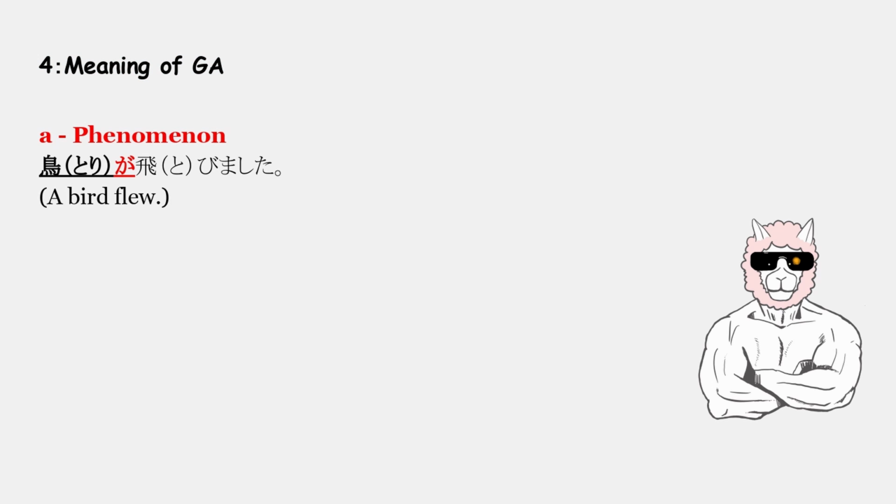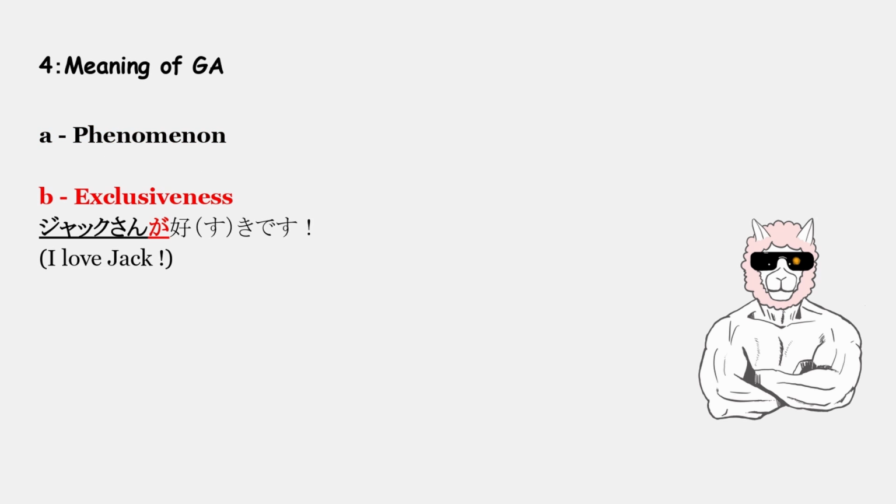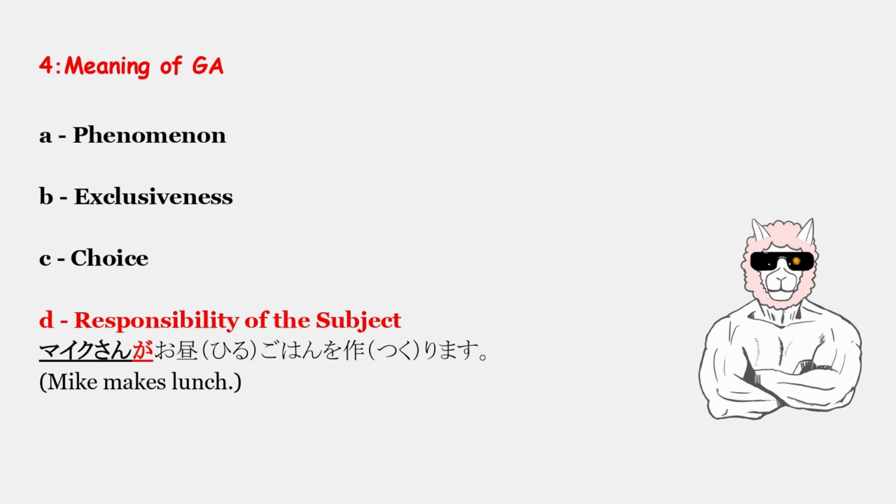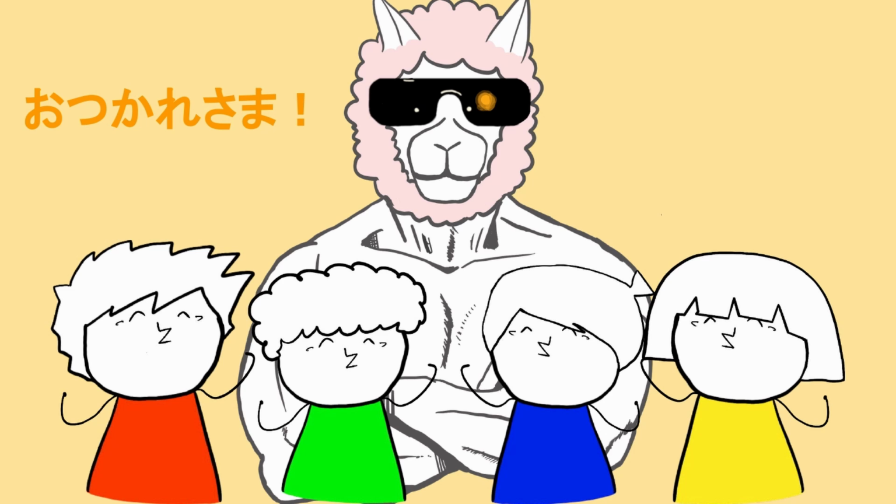So we saw 4 meanings of ga. Firstly, が of the phenomenon like 鳥が飛びました。Then, が of exclusiveness like ジャックさんが好きです。And then, が of the choice like イタリアより日本の方が長いです。And finally, が of the responsibility of the subject like マイクさんがお昼ご飯を作ります。Congratulations! お疲れ様でした。